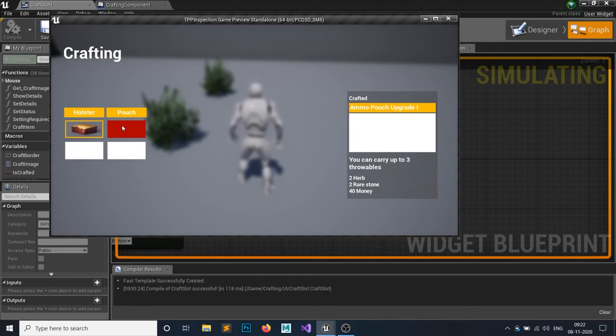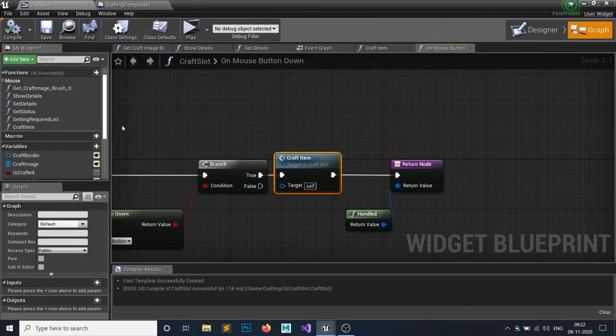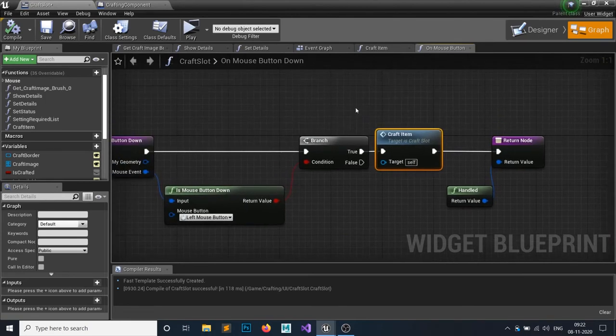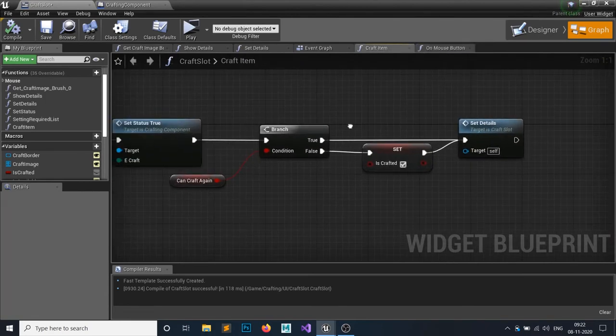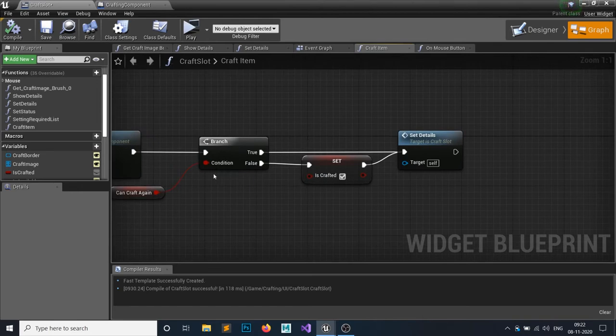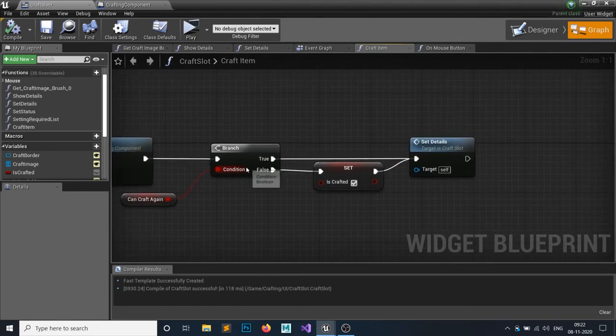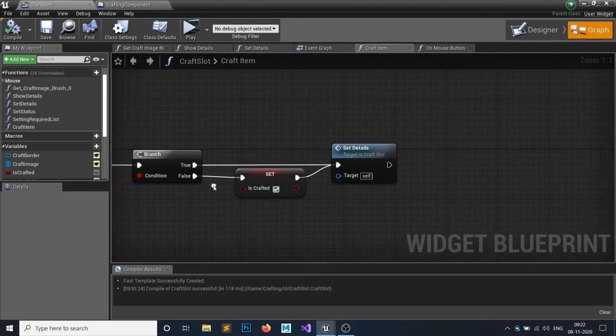We have to remove our items from the inventory, and the third one is this list should be cleared because we already have crafted. So on the craft items, can we craft again before that?